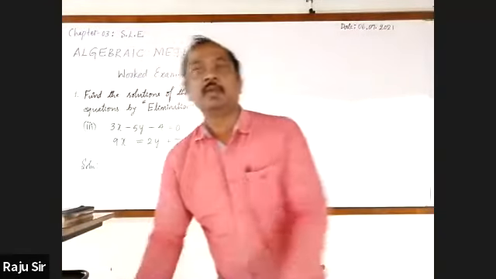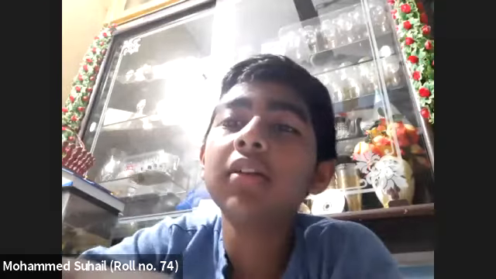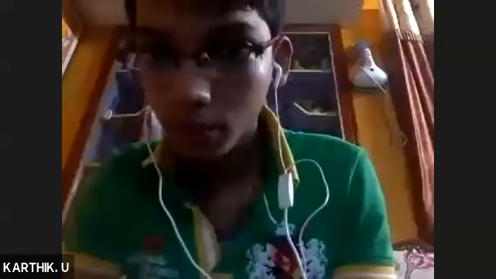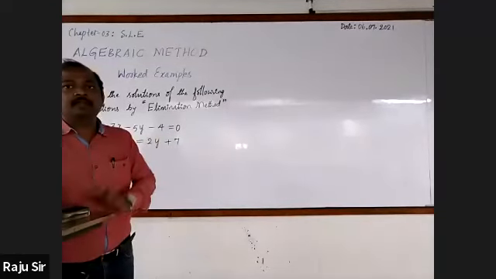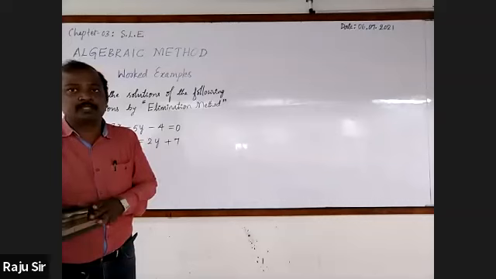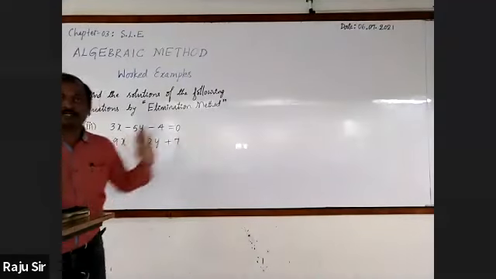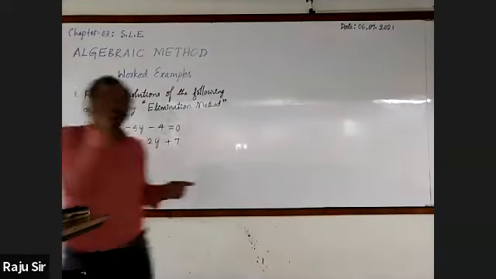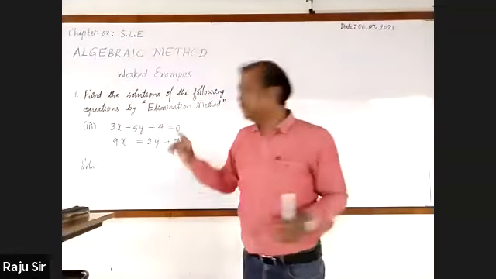First, observe them and tell whether they are in standard form. Both are not in standard form, sir. I told you that when you are solving by the elimination method, we write the standard form of the equations in such a way that algebraic terms are on the left hand side and constants on the right hand side. So by keeping that in mind, the first equation is not in standard form, and the second equation also is not.